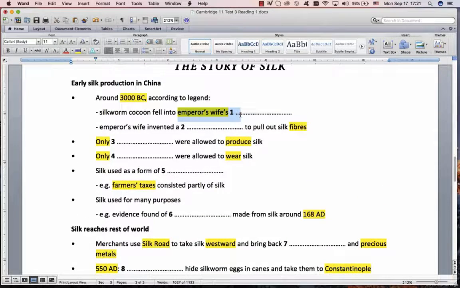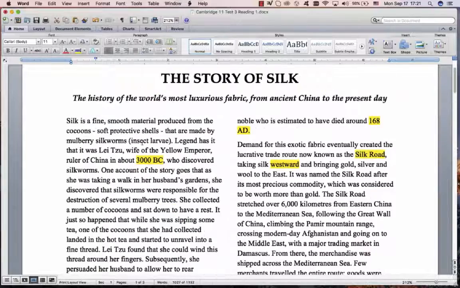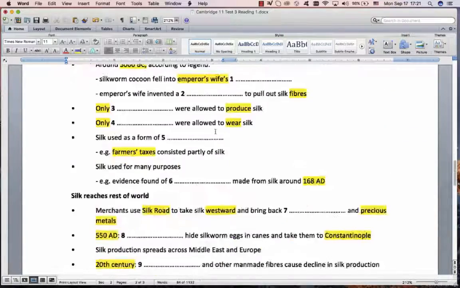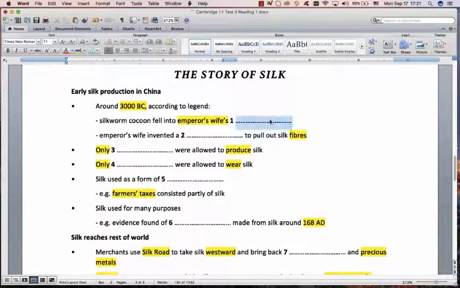I had a bit of a problem here because the Emperor's Wife is before 3000 BC, but then I noticed that they talk about 'she' a lot, and so any one of these could be 'she'. So I've got a feeling that one is going to be a bit more difficult, and big surprise, it's the first one again. And I know IELTS likes to make the first one difficult, so I'm not going to start with that one and waste my time. I'll get to it later.